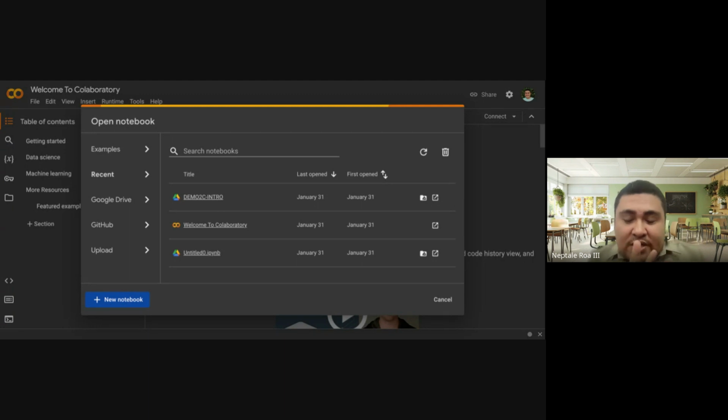Okay? So yung dalawa yung requirements ni Google Colab. The first one is that you need to have a Google account. The second one is that you need to have enough space in your Google Drive. For example, by default, Google Drive provides you with 15 gigabytes of storage. So kinakailangan hindi yan puno para you can still run the program. Okay? So let's go back to Google Colab. If you notice, ayan, the files I've created are already in my Google Drive. Okay? So if I will create another notebook,